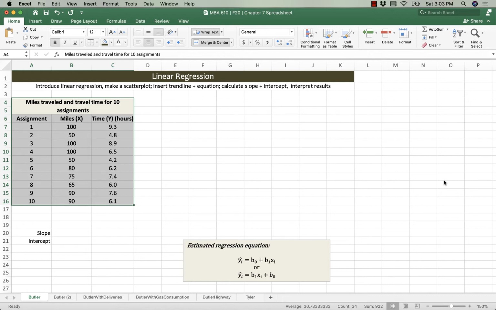In this video, I'm going to introduce what simple linear regression is, showing you how to conduct a simple linear regression in Excel by first making a scatter plot and inserting the trend line to show the line of best fit and its equation, but then we'll also calculate the slope and intercept for that line using the slope and intercept functions in Excel. And then we'll interpret those results by comparing them to our equations for an estimated regression